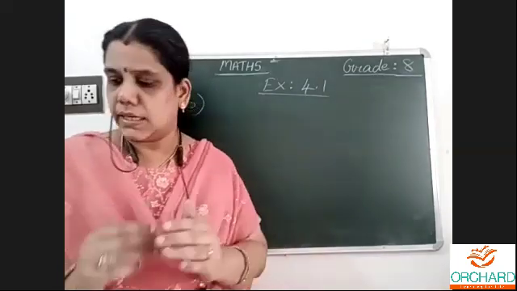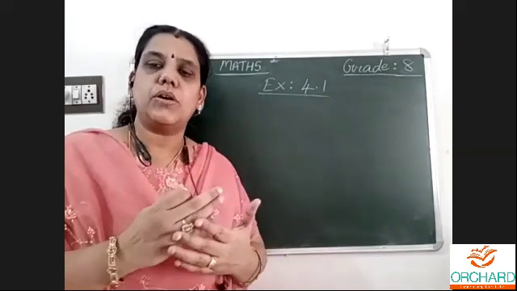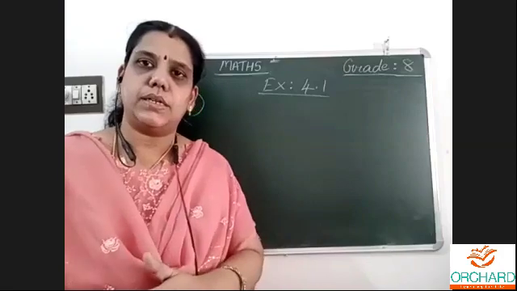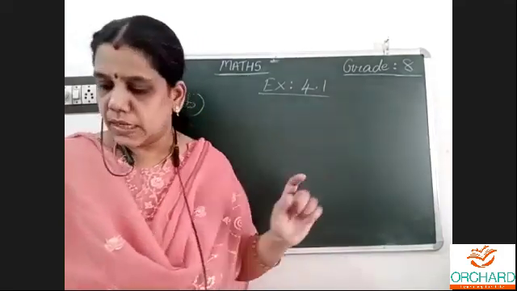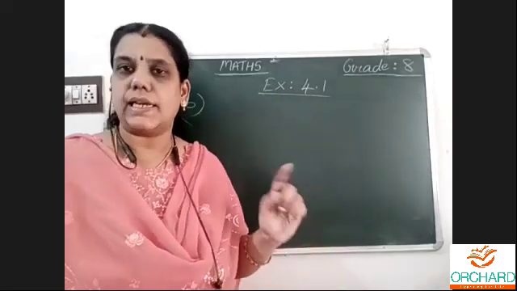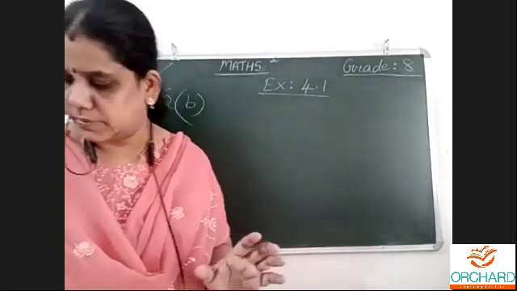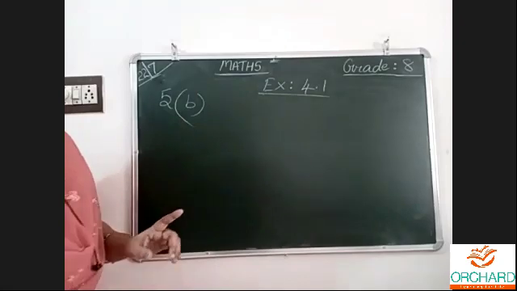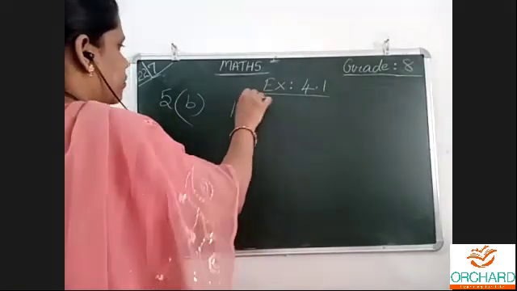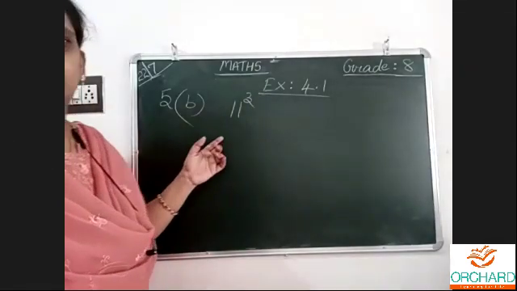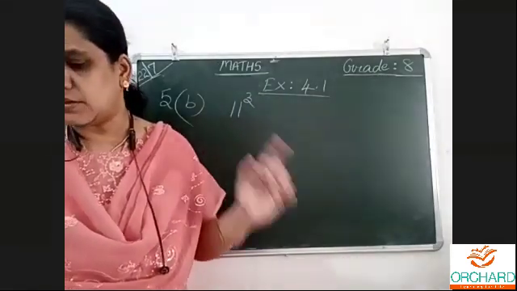From that we need to list out the sum of that many odd numbers, then total them and get the answer. This is what we completed on that day. 9 cube we completed, question number A. Only two are there, A and B. Both I am doing. A is over. Now B, 11 power 3.